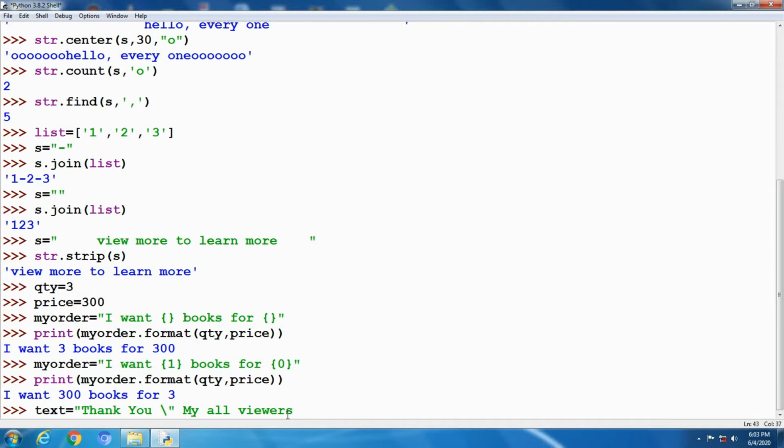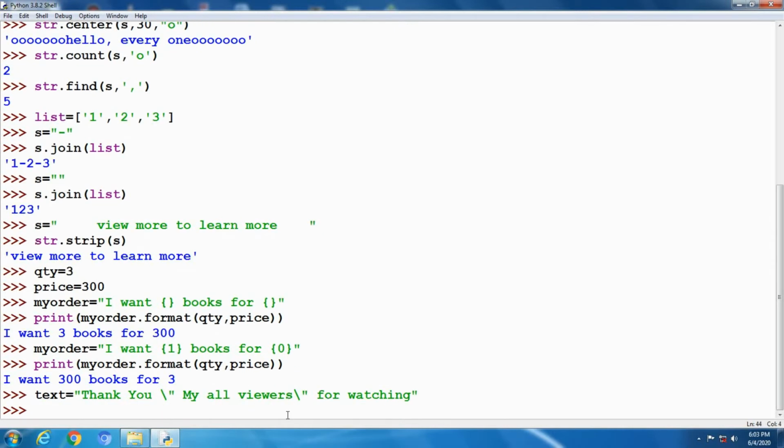My string value is thank you, escape character and quotes, double quotes. Again after viewers, escape character, double quotes. Now I am printing the text string. See the output. My all viewers in double quotes.